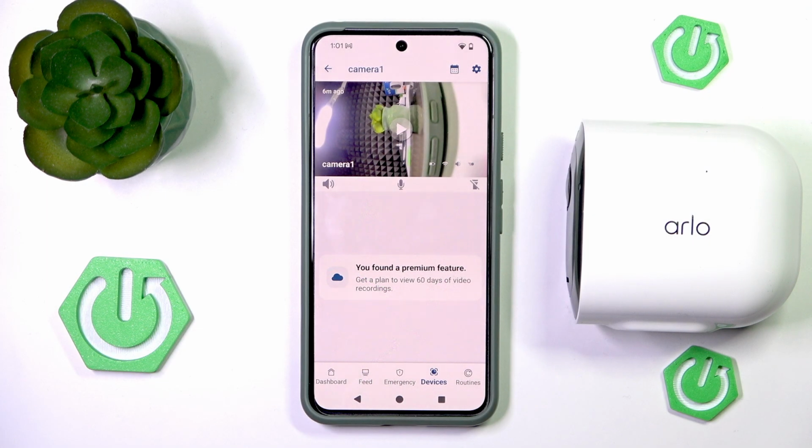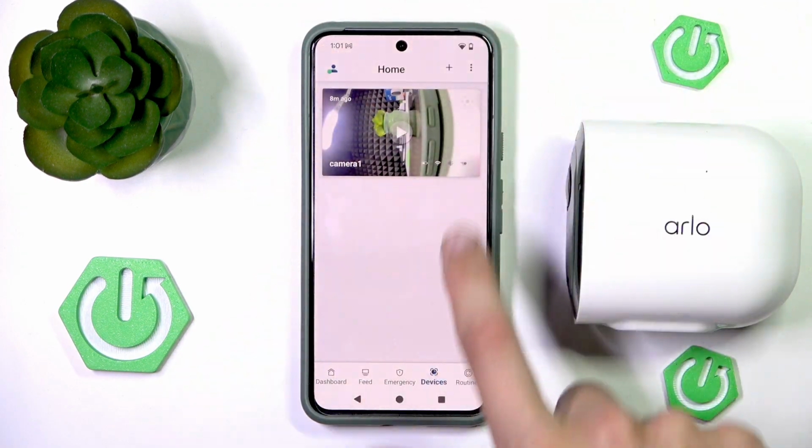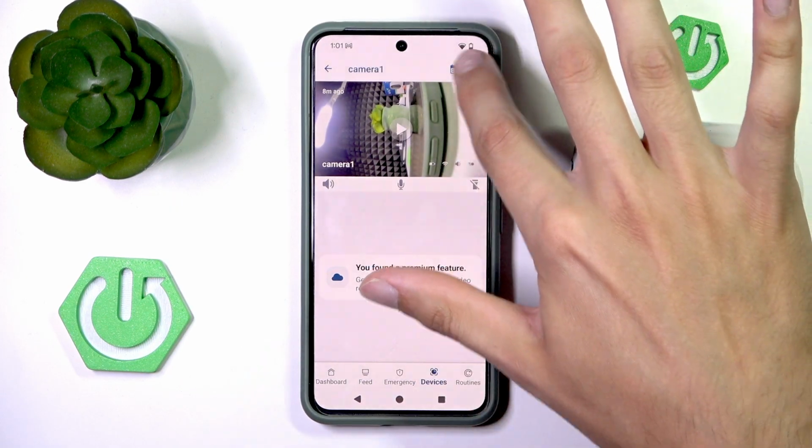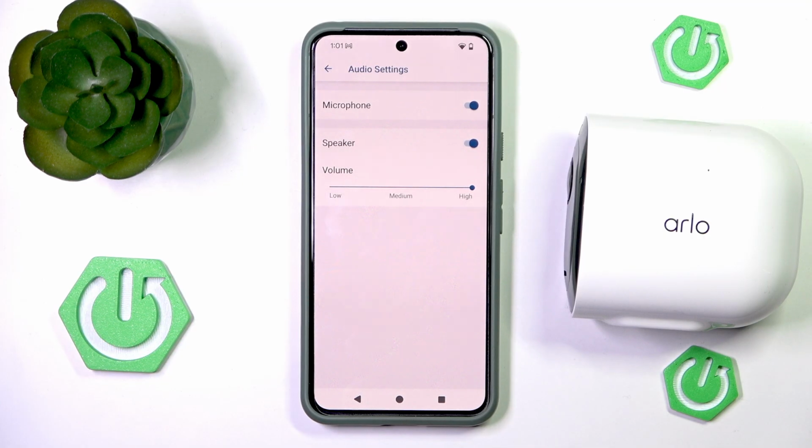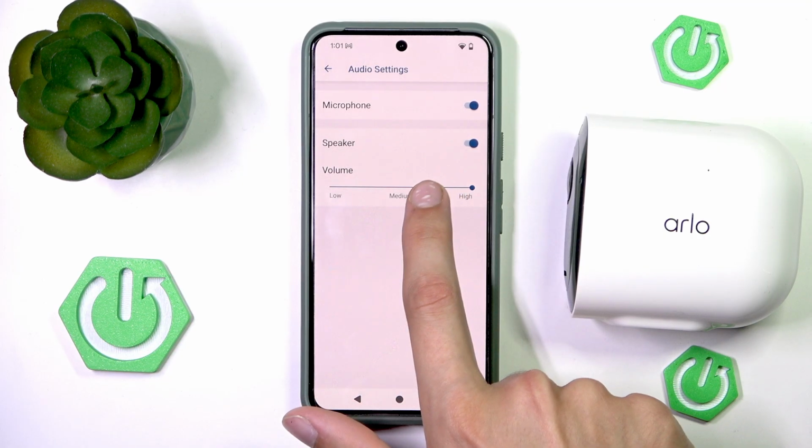To change the speaker volume, go into Devices. In here, tap on the camera, then the settings icon, and scroll down to audio settings. In here you can change the speaker volume